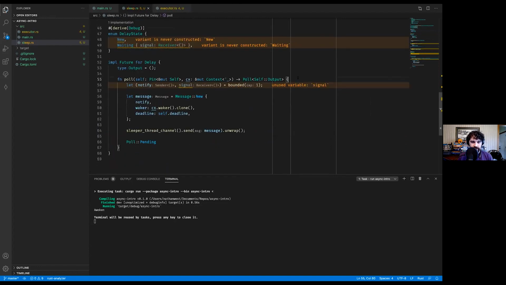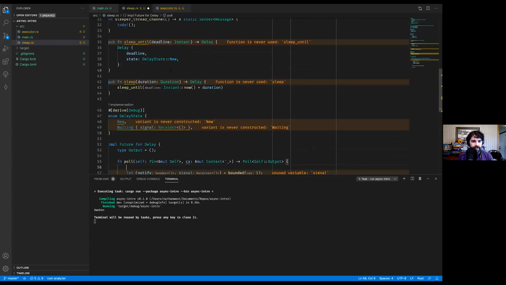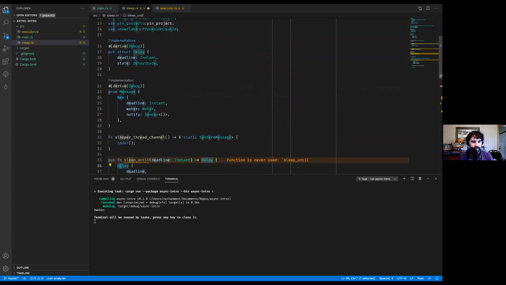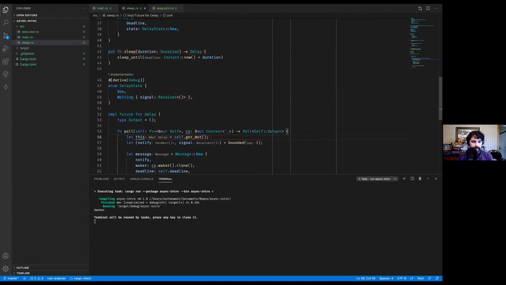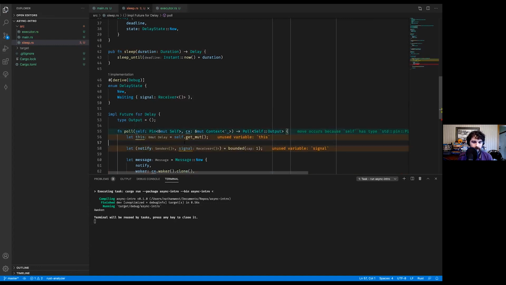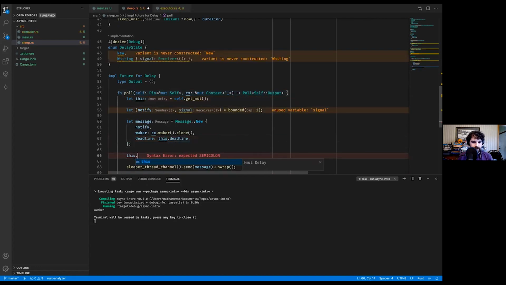Now here in our poll function, we can check our state. Once again, Pin comes back to bite us. We can, because none of this stuff in here is Pin sensitive. This is all just regular plain old data. Pin can detect that through a trait called Unpin, and we can use a method called get_mut, this = self.get_mut. That turned us back into a standard mutable reference. And we can do this because we're sort of guaranteed that nothing bad will happen if we unpin ourselves like this. So now in here, we'll say this is this.deadline. We'll go ahead and set our state.